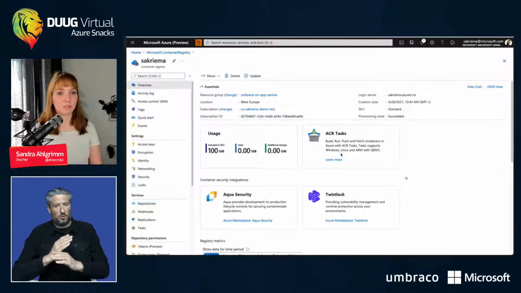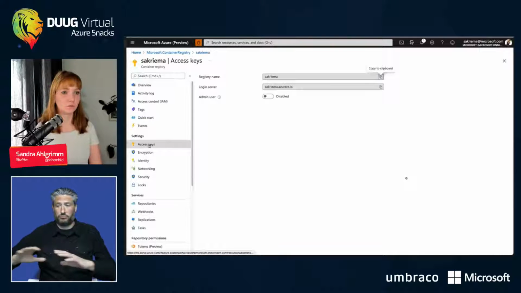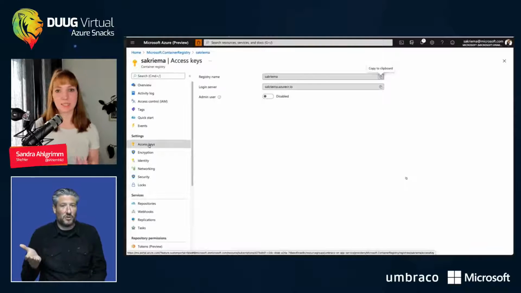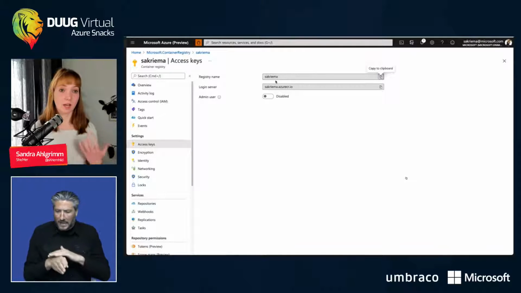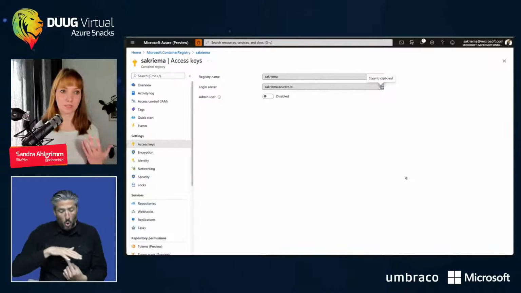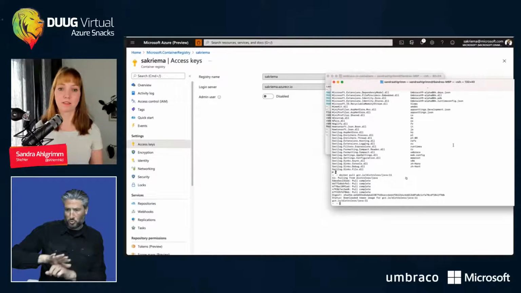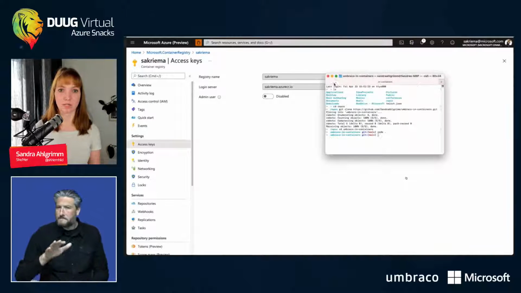So now my registry got deployed, and now I need to check my access keys, because if I want to push my locally created Docker image towards the Azure Container Registry, I need to log in first. And that's what I do with the docker login command.